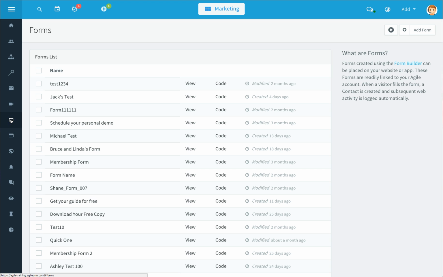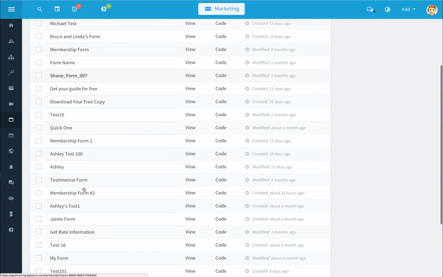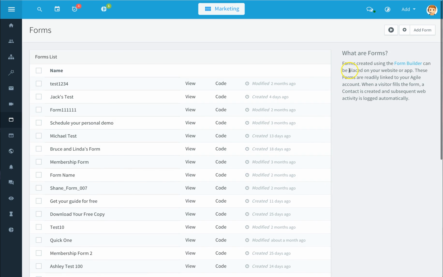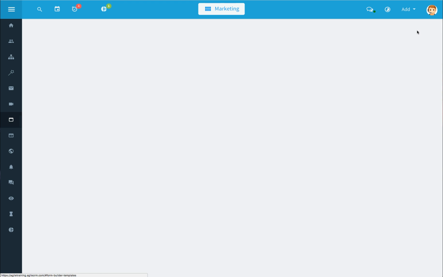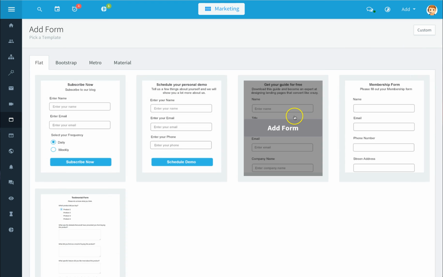Using Agile forms are an easy and simple way to gather information on your contacts by simply having a form that is predefined that is connected directly to Agile CRM. These are the list of all of your forms that are already within Agile. To create a new form, click on the Add Form button. You can select from one of our predefined templates,